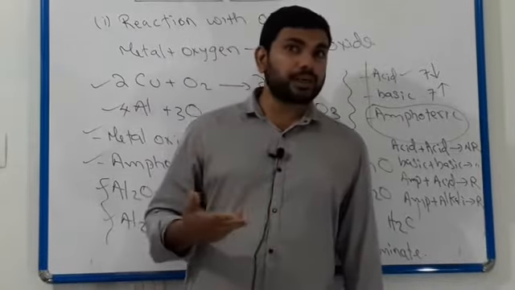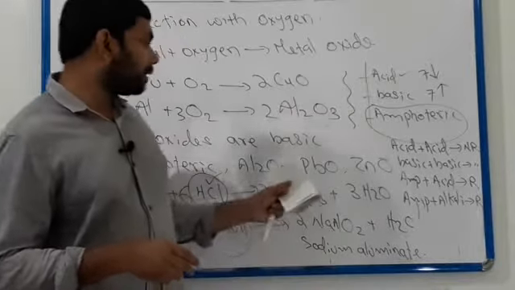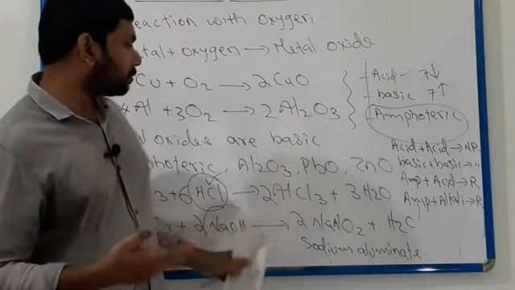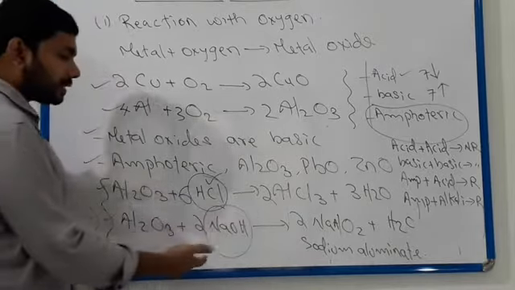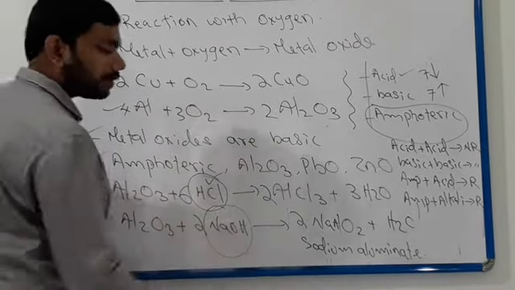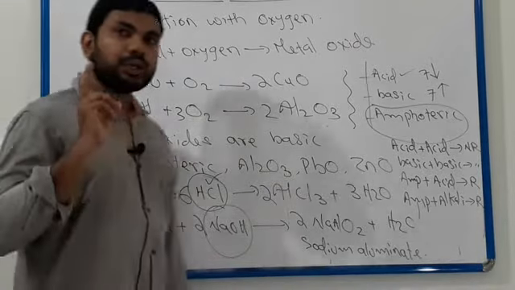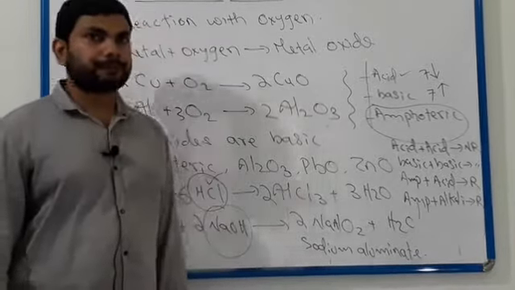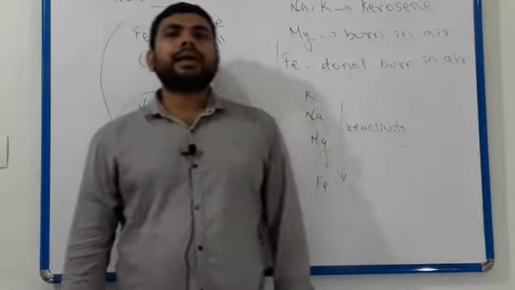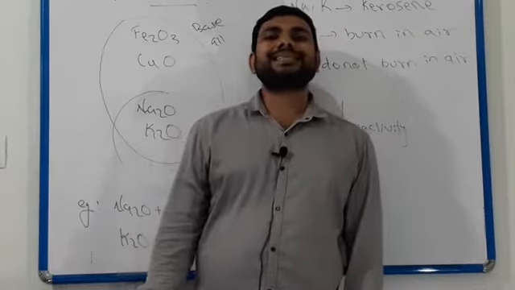Okay, so which are the two reagents? You have to say one acid and one alkali. Any acid, for example hydrochloric acid. Any alkali, for example sodium hydroxide. Okay, so these are the two reagents. Clear? Okay, next we have to discuss base and alkali.